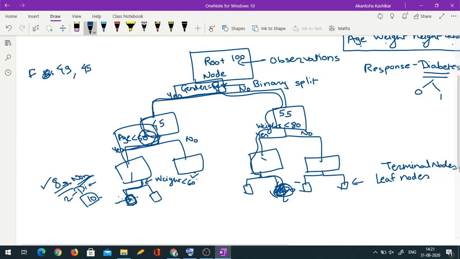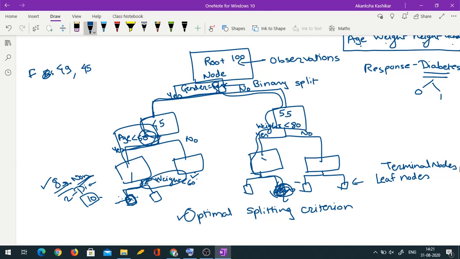The job of the algorithm is to find the optimal splitting criteria in some sense. At every step, the algorithm will try to find the optimal binary splitting criterion, and it would create new subclasses based on that splitting criterion. In fact, you may get more than one split on the basis of the same variable also. So here I have written gender, age, weight, and then we saw that weight is coming here again.